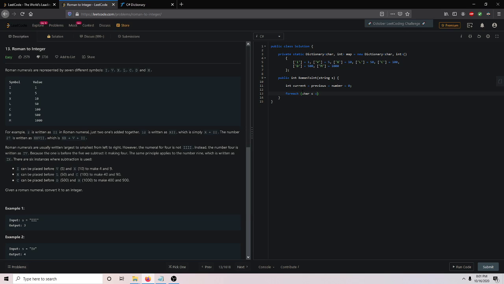char c in the input parameter, which is string s, we're going to want to set the current to map of c, which is going to be the key, and then it's going to get its value and store it into current. Remember, a character holds a single character's ASCII value, which is why we can put it into a 32-bit int variable. And we're going to do: if the current is greater than the previous,